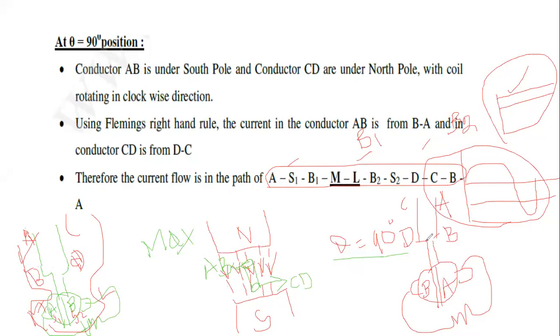Therefore the direction of the output current is the same in all cases. By changing the commutator segments and the conductor segments, the direction of the current is the same in all the cases. That's why the output is represented like this. This is the action of a commutator.